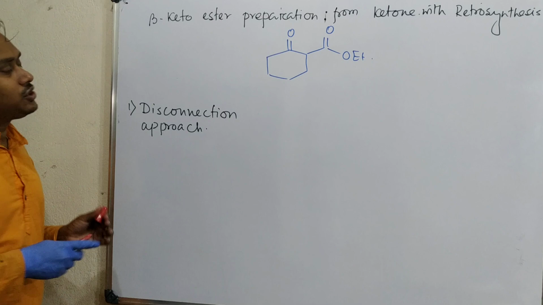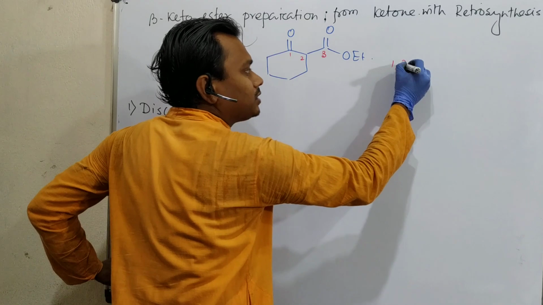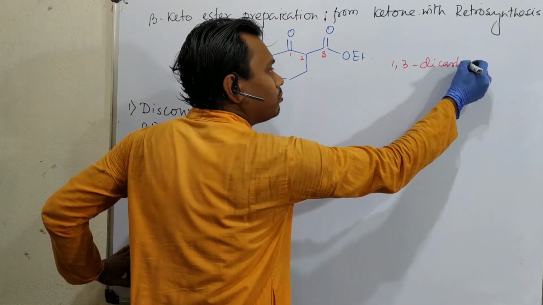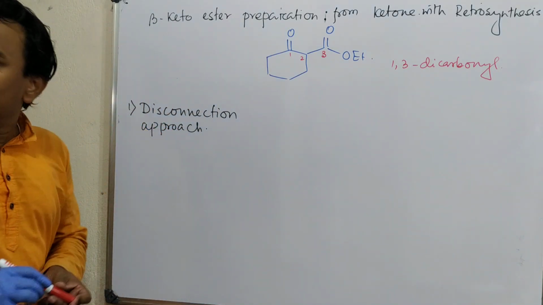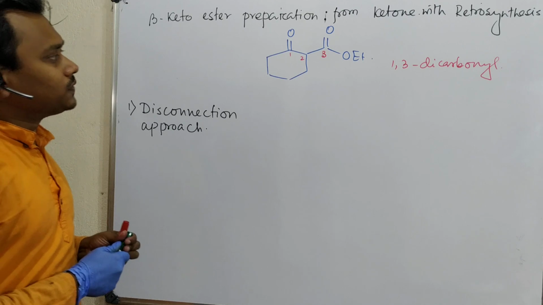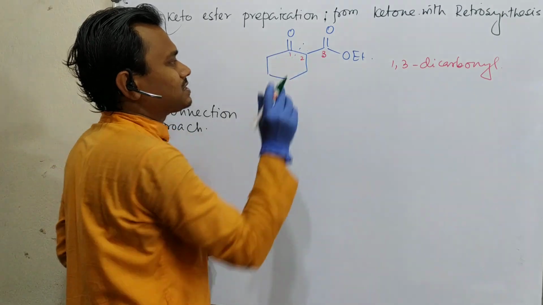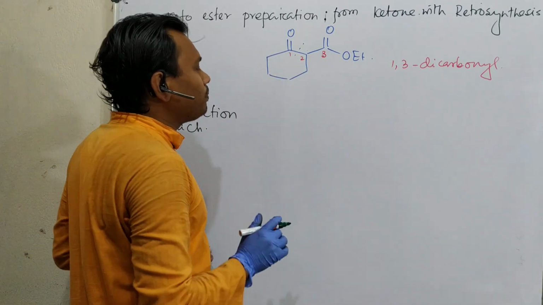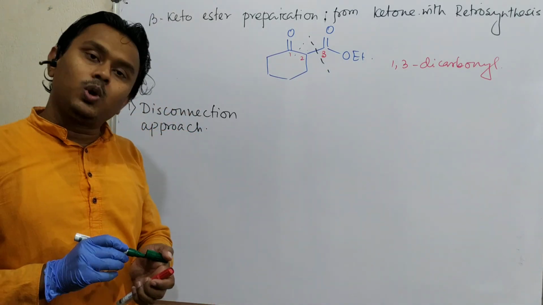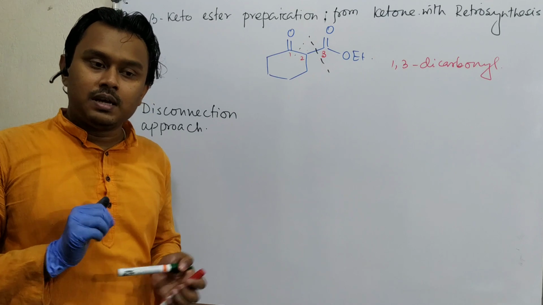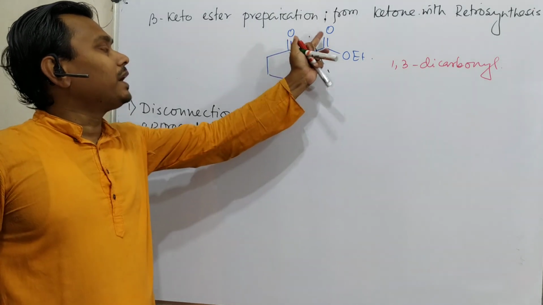So see, this is actually a beta ketoester. Why? This is 1, 2, 3. That's why this is called 1,3 dicarbonyl compound. Now, if we try to do the disconnection approach, what can we observe? If we disconnect this way, then nucleophile this is. No, that's not a good approach. Compared to that, if we disconnect this way, because formation of ring is always an entropically challenged factor. Means ring formation, I don't say that it doesn't happen, but it is relatively difficult compared to this other part.